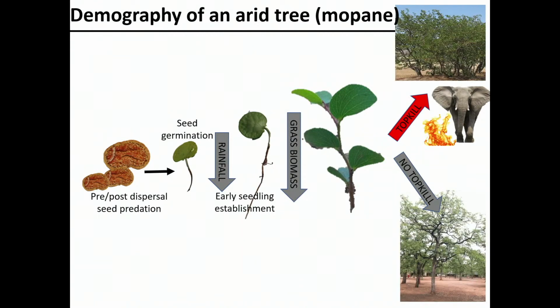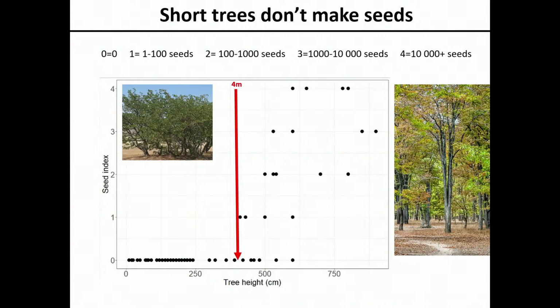So if the tree at some point through any of these demographic stages experiences some level of disturbance, it experiences this change in trajectory in terms of its architecture. If it experiences a high level of top kill, it transitions to this short multi-stemmed shrub. If it manages to have a relatively peaceful existence and not experience too much top kill, it has the tendency to form this single-stemmed, tall, beautiful tree. So that's great. But the problem with this is you've got two different architectural types, and it has significant relevance for the reproductive potential of the population.